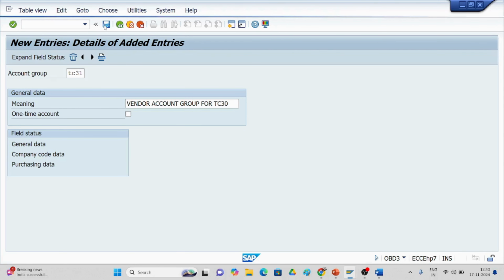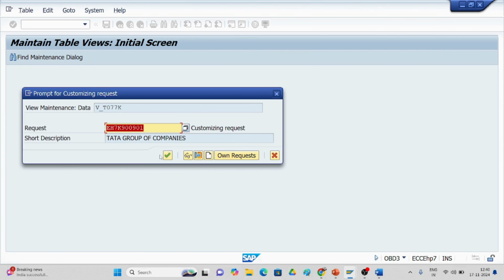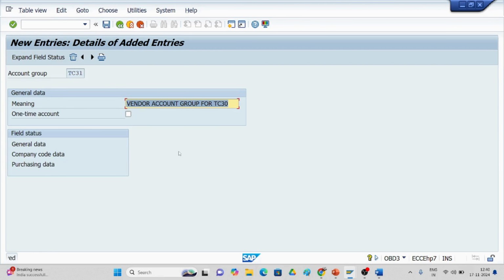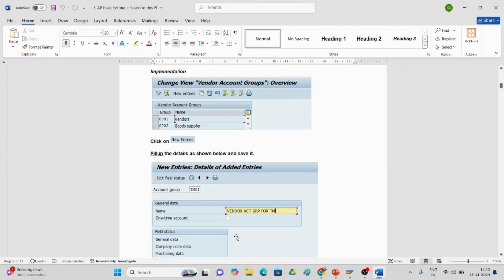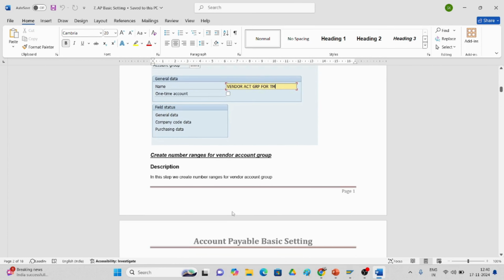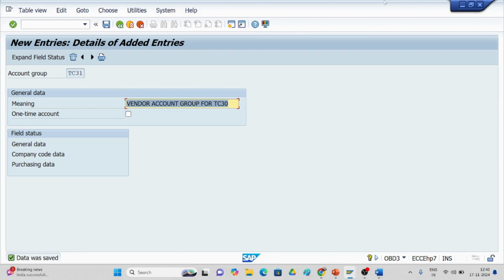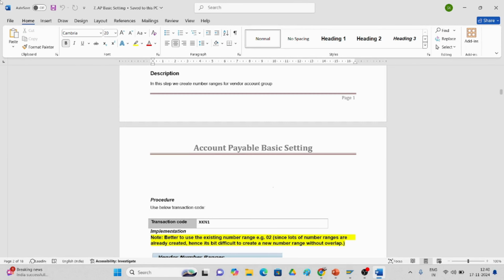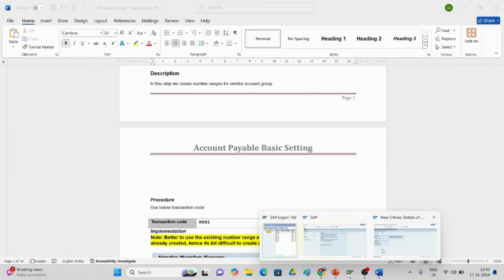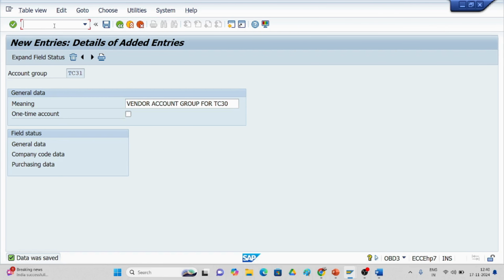Just I will save it, and make sure that whatever vendor account group you create, you write it down in one place so that it will be helpful to you. And after that, creation of number ranges for the vendor account group. What is the use of creation of vendor account groups? You have to tell the system that you are creating the number ranges. So what is the T code for creation of vendor number ranges? Slash n